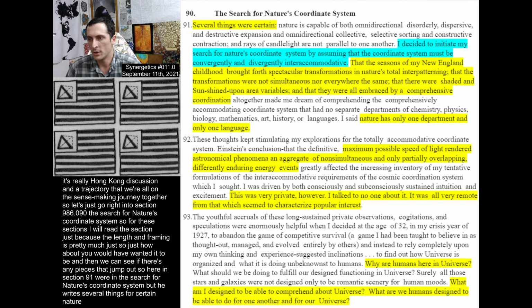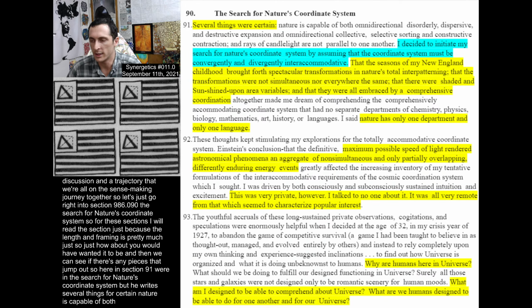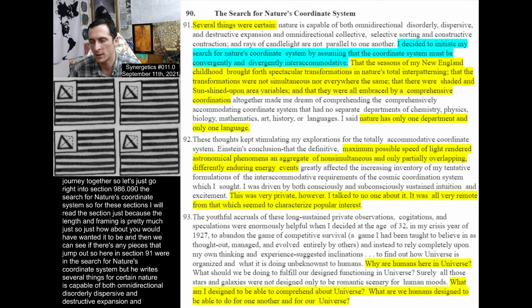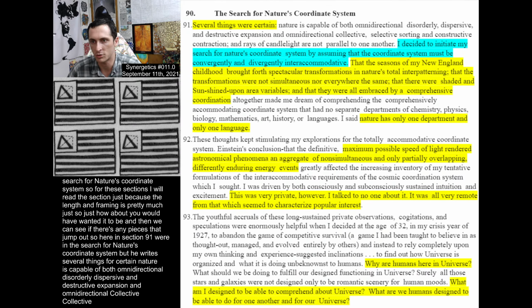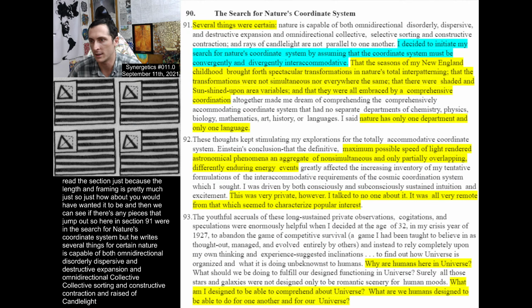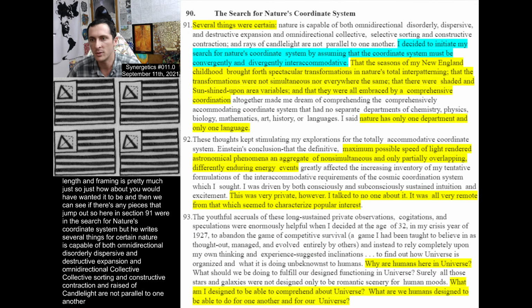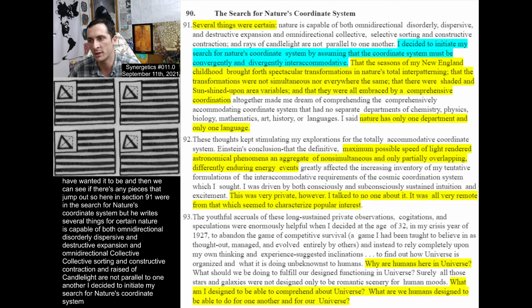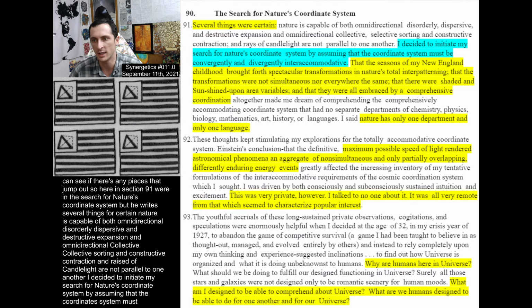Nature is capable of both omnidirectional, disorderly, dispersive, and destructive expansion, and omnidirectional, collective, selective sorting, and constructive contraction. And rays of candlelight are not parallel to one another. I decided to initiate my search for nature's coordinate system by assuming that the coordinate system must be convergently and